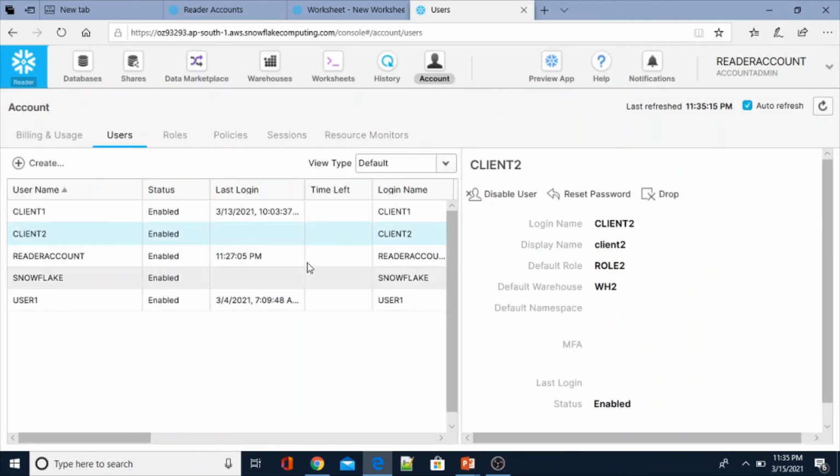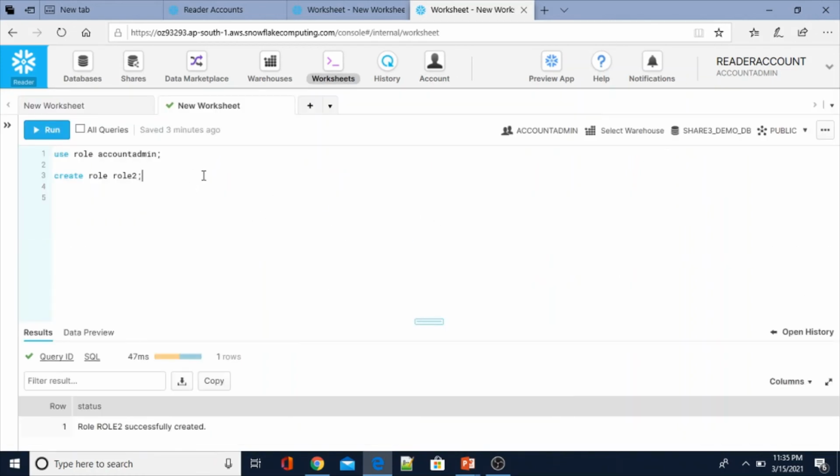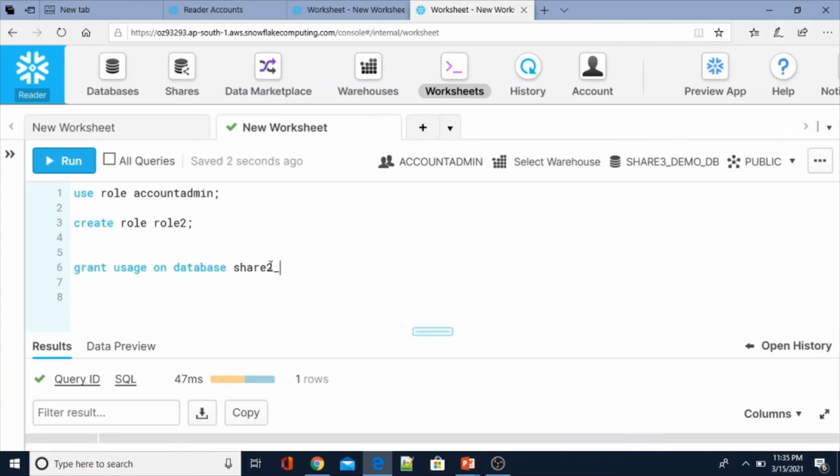Now before logging into the Reader account using the client 2 user, we have to perform grant usage on the database we have created, share3_demo_db.